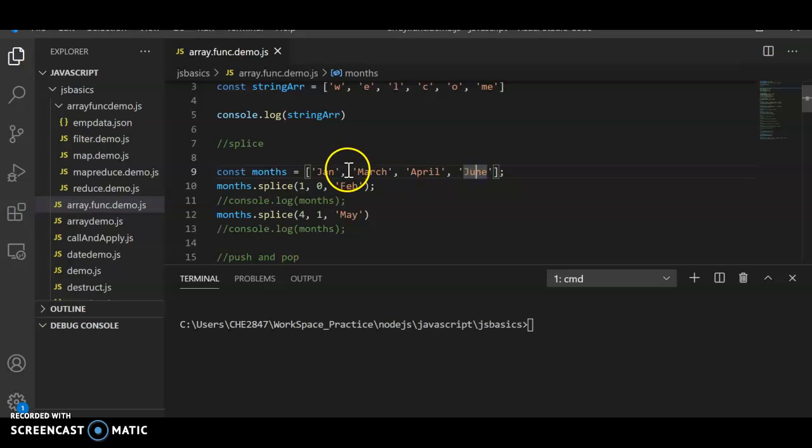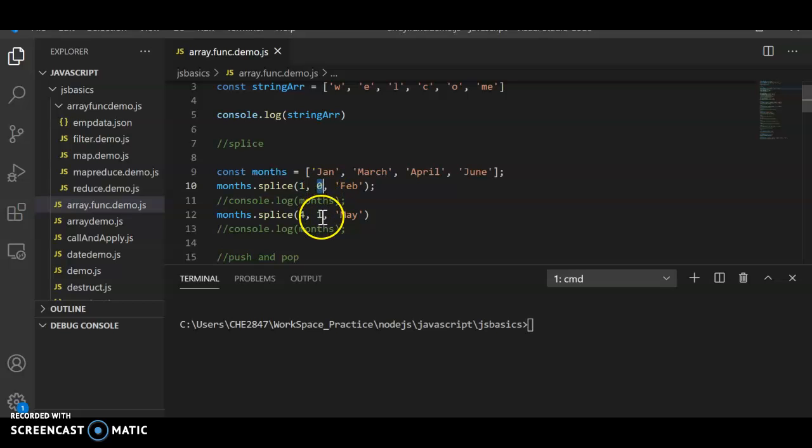Now at position 1 I want to add this element. So what is this 0? This 0 means delete: do you want to delete any existing elements? No, I don't want to delete, so that's why I put 0.